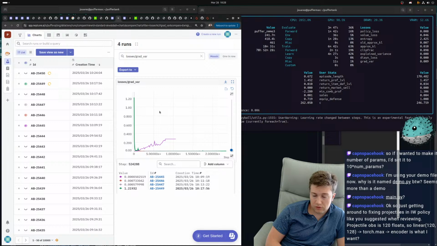So at least I can confirm that result, that for some or many environments, it looks like the gradient noise does increase over the course of training.